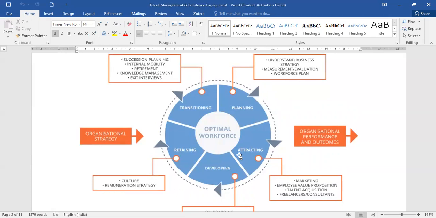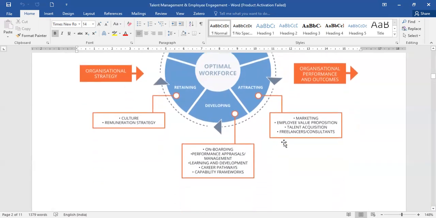So if your talent model works out, it will definitely result in all the positive aspects for the organization. You can make use of your resources in the best possible manner. You can attract them, develop them, retain them, and have the best transition of your employees, so that the overall image of the organization is maintained.